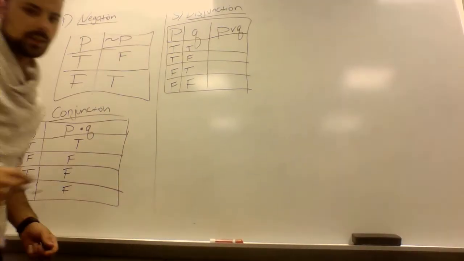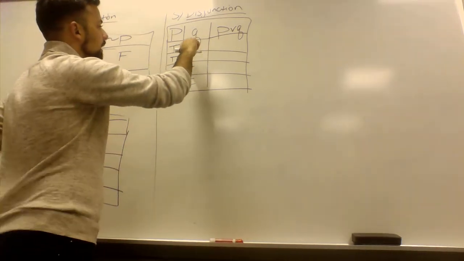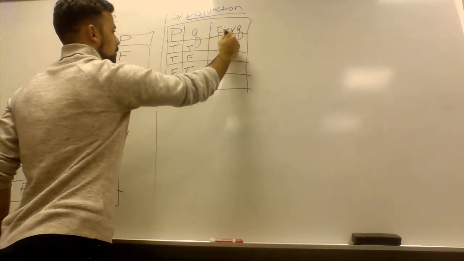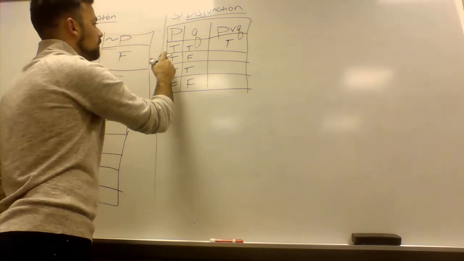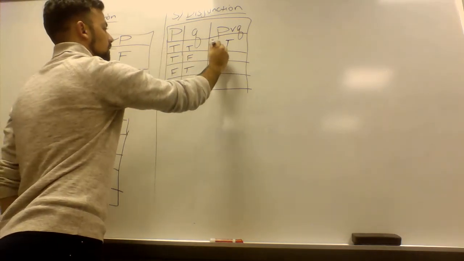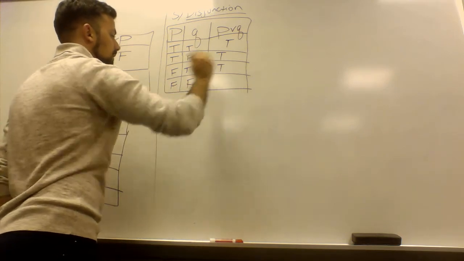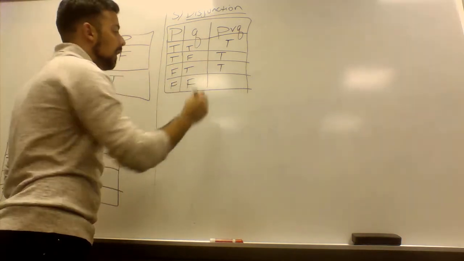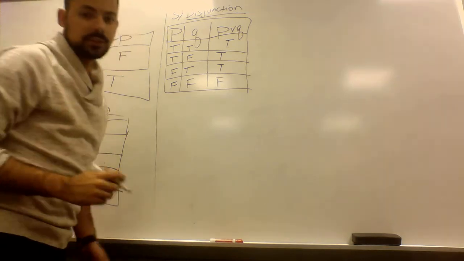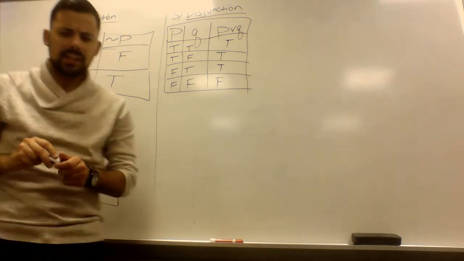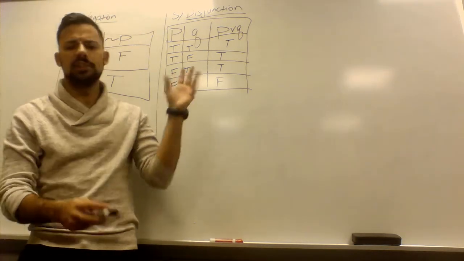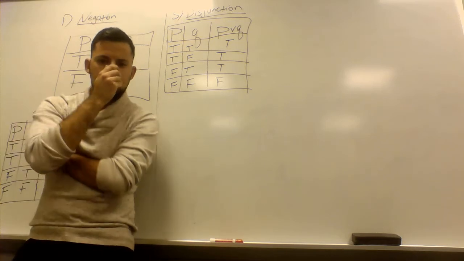All right. Okay, so when P and Q are both true, the statement is true. When P is true but Q is false, the statement is still true. When P is false but Q is true, the statement is still true. But when they're both false, the statement is false. Okay? And let's think a little bit more in depth about this. Remember, this is an or statement, right? So let's say you